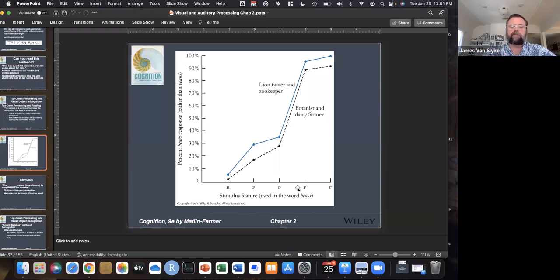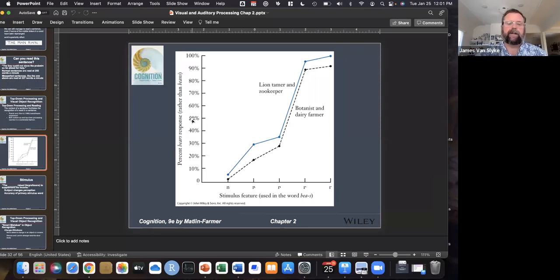or bears, okay? So obviously here is a fully formed N, and here is a fully formed R. And then there's all these places kind of in the middle. And those places in the middle, whether or not you read the word as either beans or bears, was really dependent on whether it was a lion keeper or a zookeeper, or whether it was a botanist or a dairy farmer in terms of